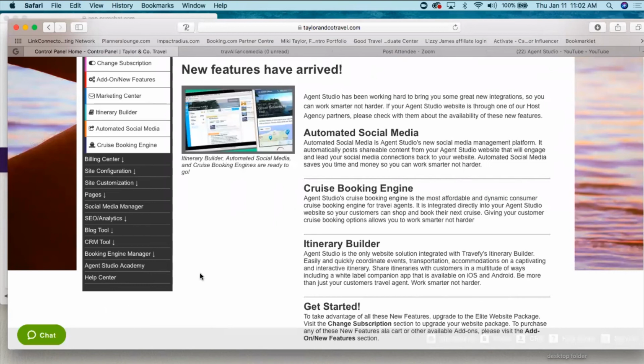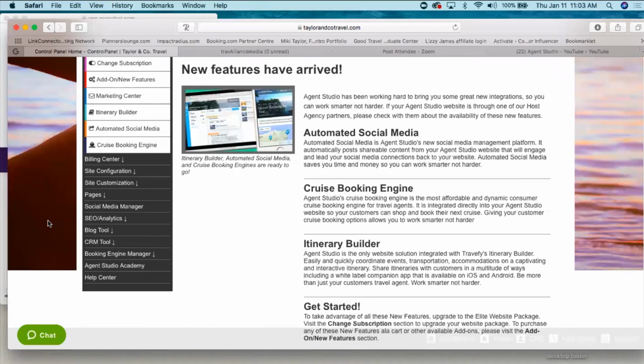What I was mentioning about don't get discouraged if you're new, especially with your website and setting it up. My website is very detailed, and it's a constant work in progress. When I have spare time, I love the way it is now, but there's more that I want to change about it or add to it. And I'm constantly updating how I want to showcase suppliers, and if the supplier doesn't happen to be on our platform, how do I want to market for that supplier, because it's one of my favorites.